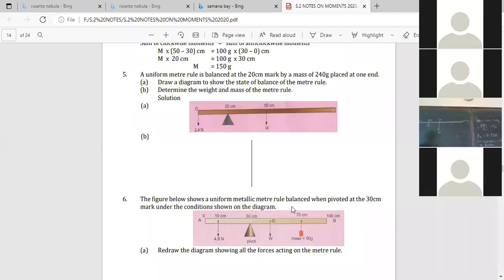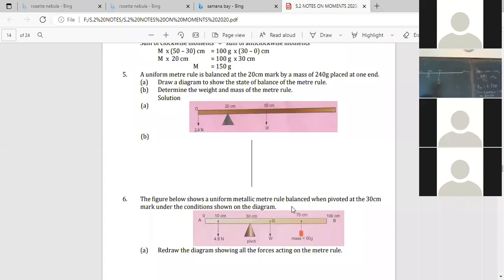Then at one end, you place a 240 gram mass. Now, where would you place the mass? Would you place it this side or this side? Would you place it at the 0 mark or the 100 centimeter mark? By the position of the weight and the pivot, where would you place it? Zero mark. Automatically, you will place it at the 0 mark. Is that okay? This is 240